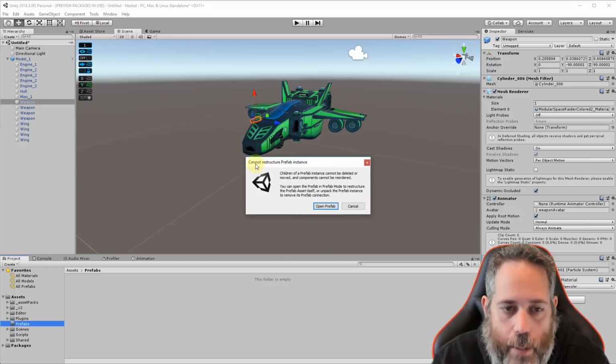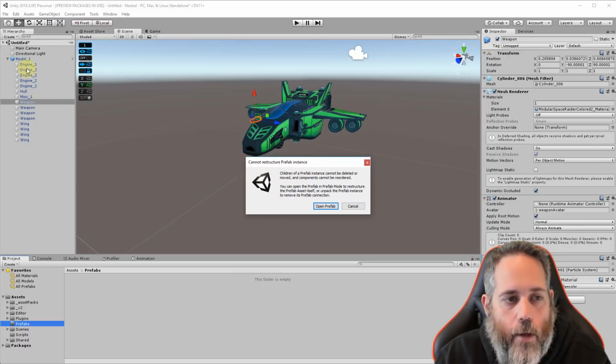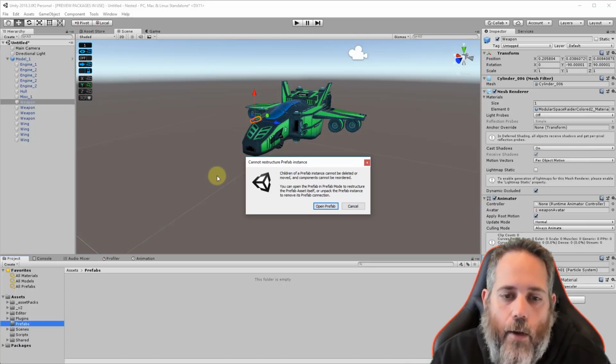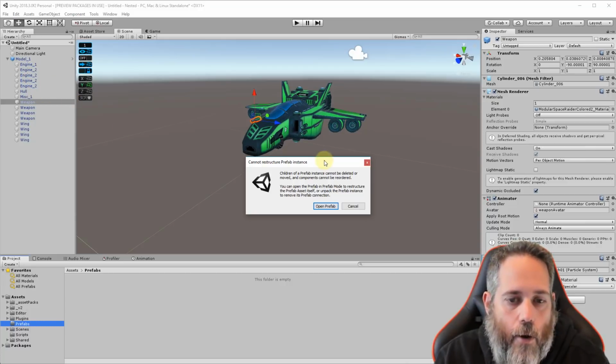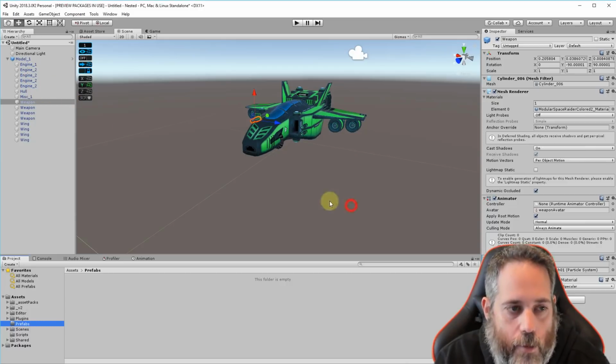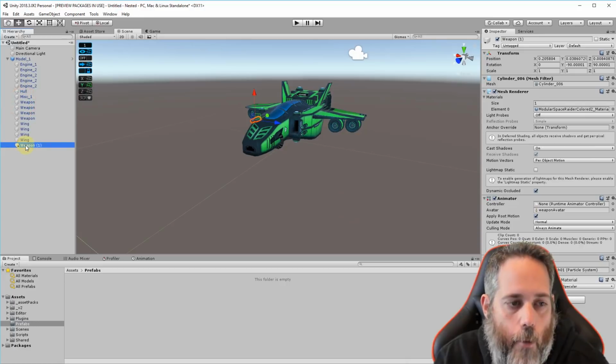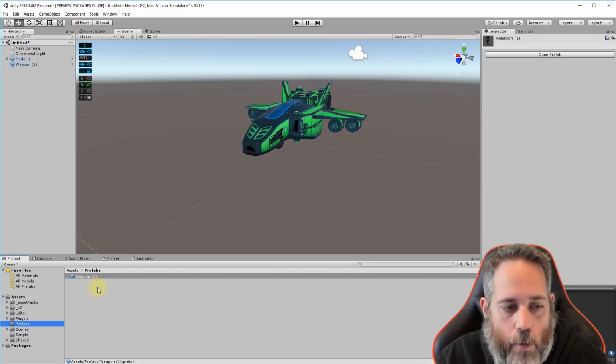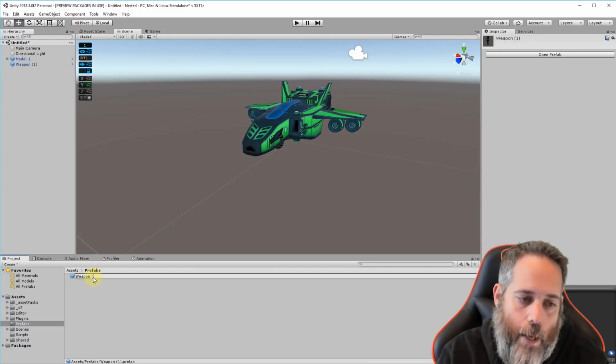look what happens. It says, hey, you cannot restructure a prefab instance. What's happening is this prefab, this model 1 prefab already exists, and it wants to go into prefab edit mode because I'm not allowed to just change the prefab anymore in the scene hierarchy. So instead, what I'm going to do is hit cancel, and I'm going to just duplicate my weapon and pull it out so it's no longer a child of that prefab. Then I'll pull it down here and turn it into its own prefab and rename it weapon to keep it